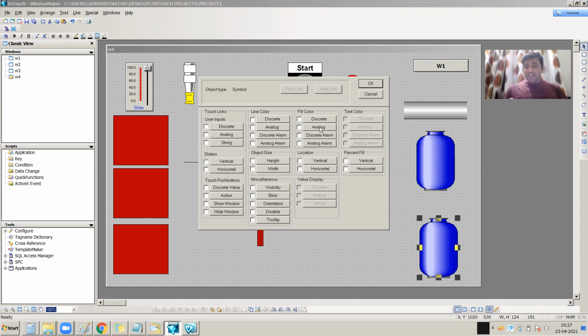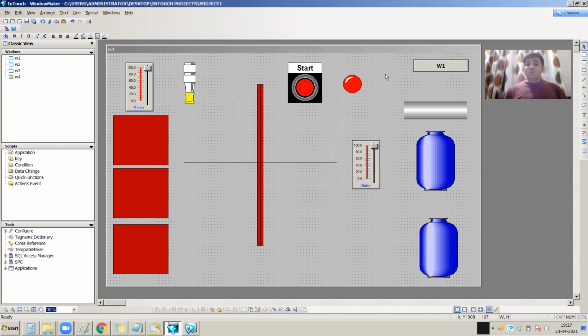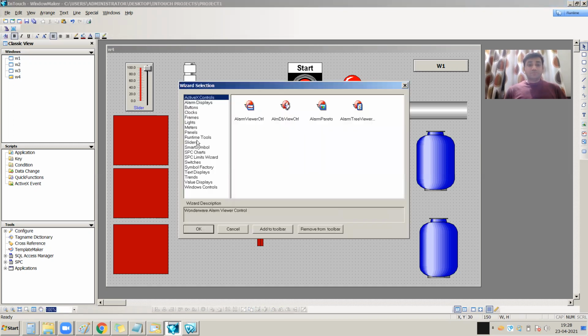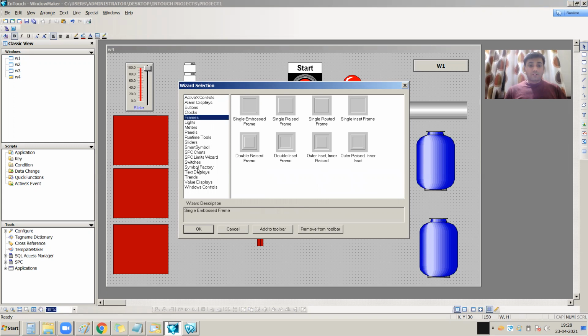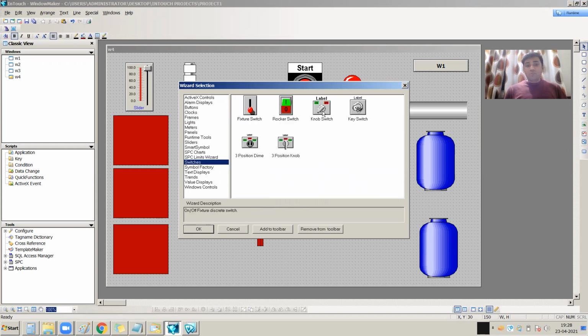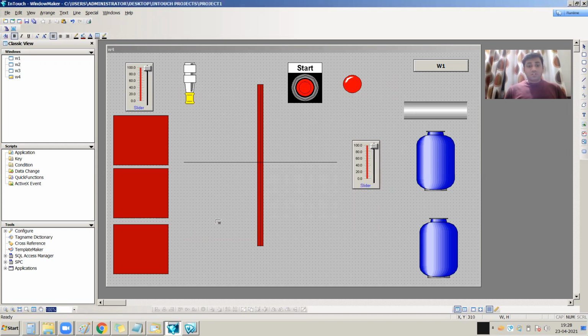For this tank I am going to discuss the discrete tag. So for the discrete property I am going to take one switch.